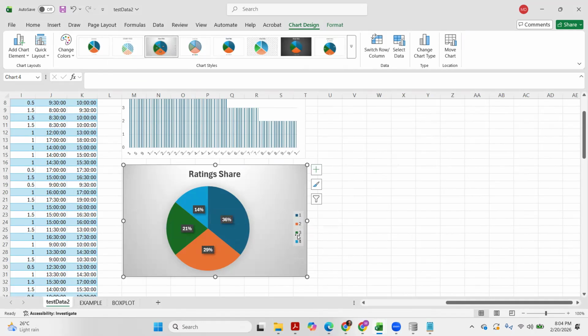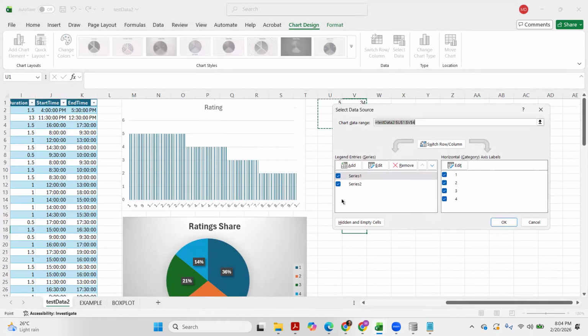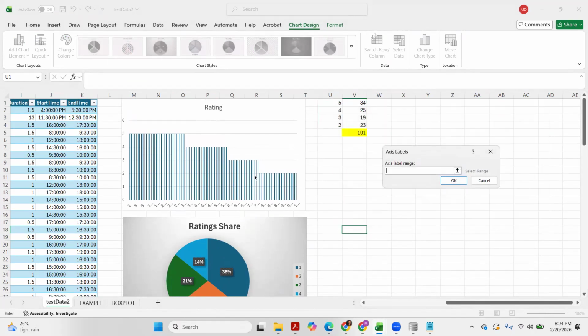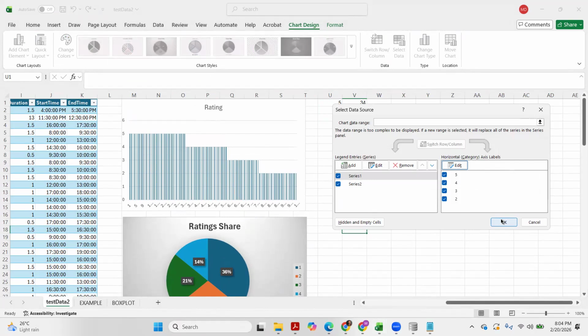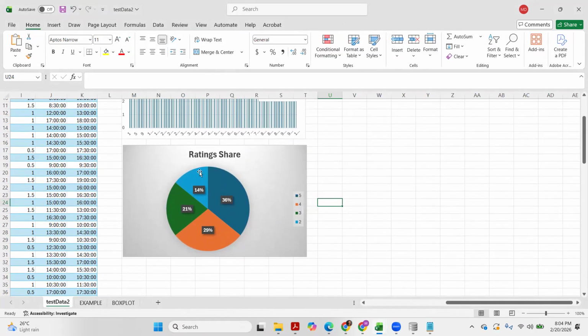We can change this data set, by the way. Just right click and then select data. We want to edit this one. Instead of 1, 2, 3, 4, we go to this one. Let's see if we got it right. So we have 36% is 5, 29% is 4, 21% is 3, and 14% is 2.